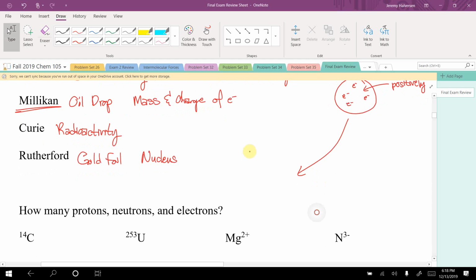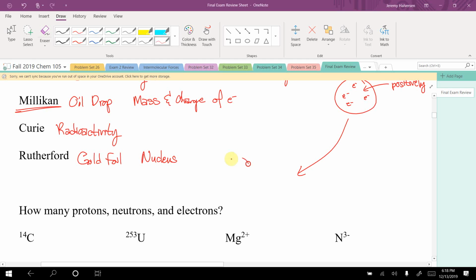So basically what that says is, what he really discovered was most of the mass of the atom is in the middle, and it's positively charged. How did he know it was positively charged? He was shooting it with beta particles, which are positively charged, and they were bouncing back at him. Okay, so he realized most of it's empty space, and the middle is a really dense positive charge, and so